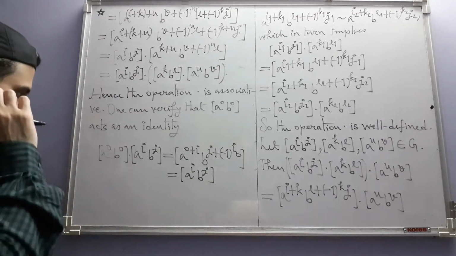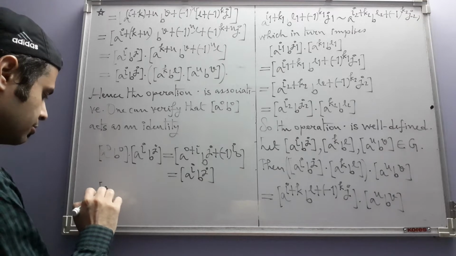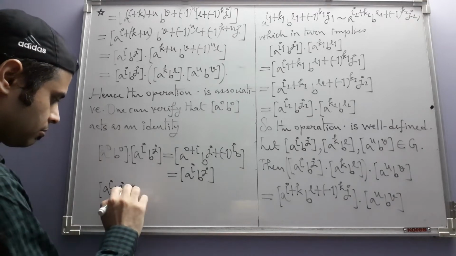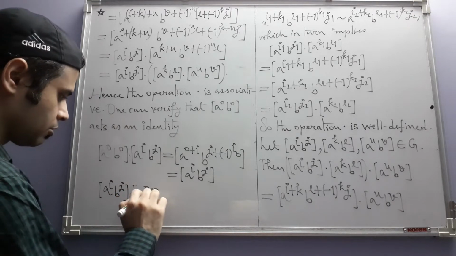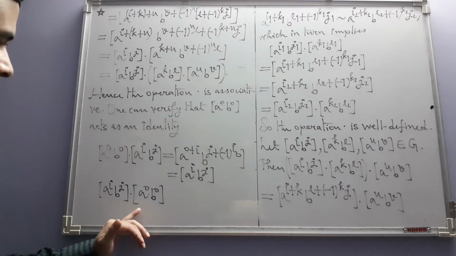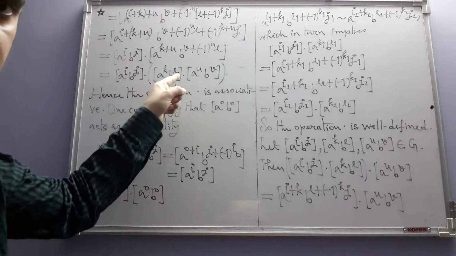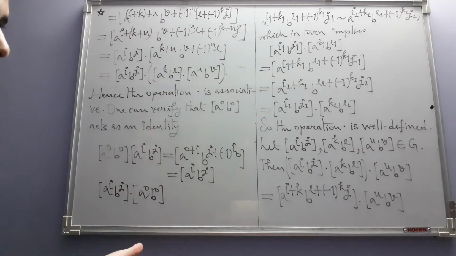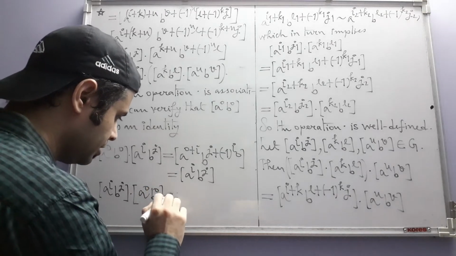But that is not enough. We have to see the other one also. Or we could have seen the other one and the fact that there is a right inverse, because according to one of the exercises that we have solved previously, a right identity and right inverse are enough. But anyway,